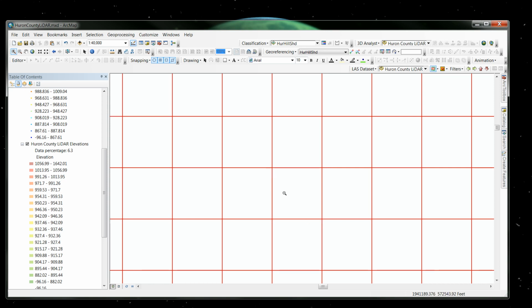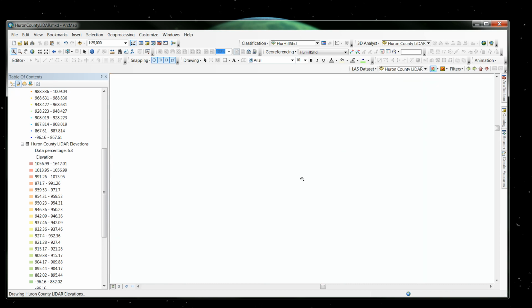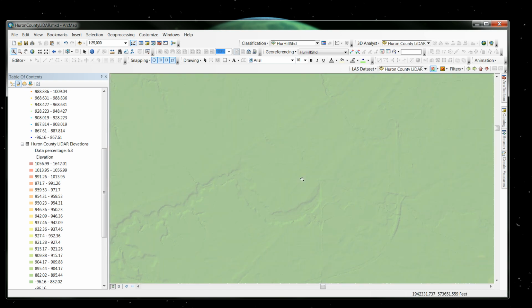All right. But in order for me to see the detailed information of the LiDAR, I have to break that scale of 30,000. So if I zoom in a couple times, now I'm at 1 to 25,000. Now I'll start seeing the LiDAR data show up. Okay, so here I have a river stream coming through here. All right. So that's what happens when you have a large LAS data set. Your data is not going to show up until you get zoomed in enough, about 1 to 30,000 scale, to actually start seeing the